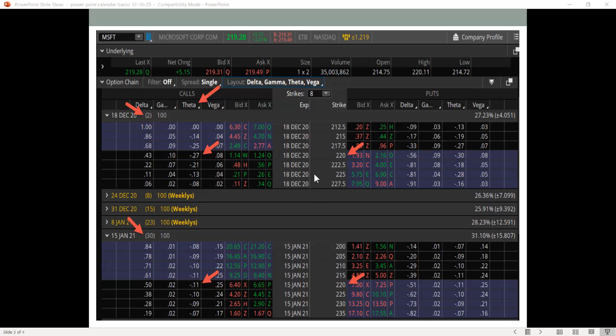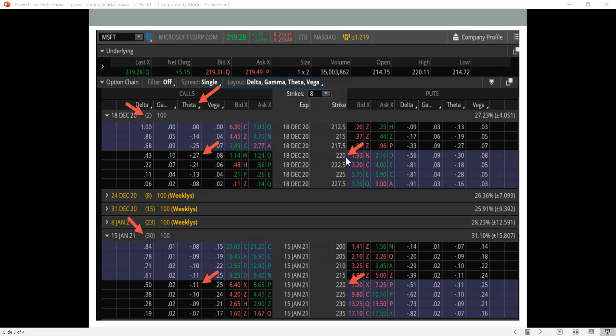This trade setup was today on the 16th of December. Looking here, we got into this trade when Microsoft was actually trading at 217. But I wanted to show you part of the basics of the trade. So we're playing theta decay. If you look at the theta here, we did a calendar, the 220. We bought the 15 January option series, 30 days from expiration. We went long the 220 call here, and then we sold the closer-in 18 December, 2 days to expiration,